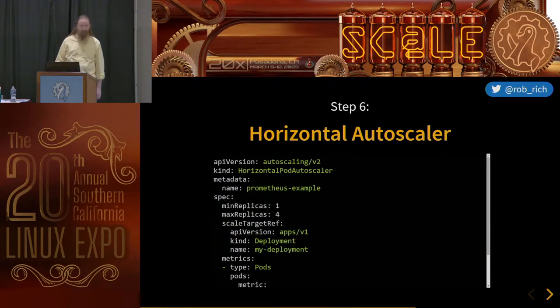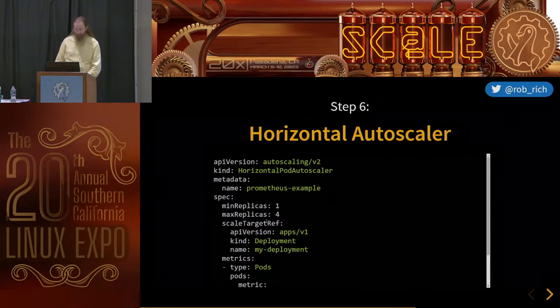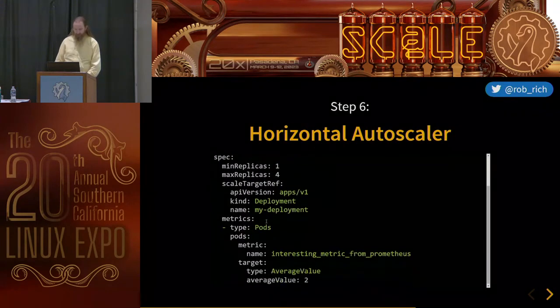And then we've got our horizontal pod autoscaler. Now, our horizontal pod autoscaler previously was configured to measure CPU. In this case, we're going to tell it to measure a particular Prometheus metric. So we're still doing our min and our max replicas. In our deployment, we're still leaving off the replica count and using this min and max replicas instead.